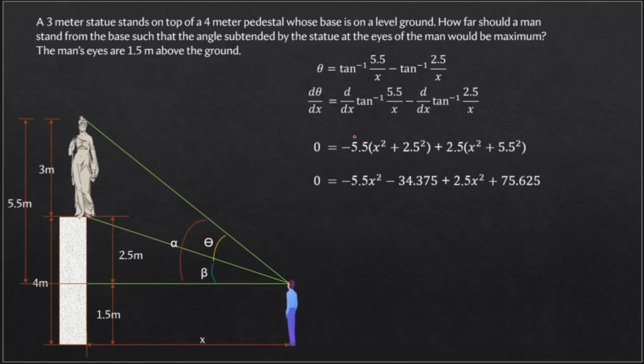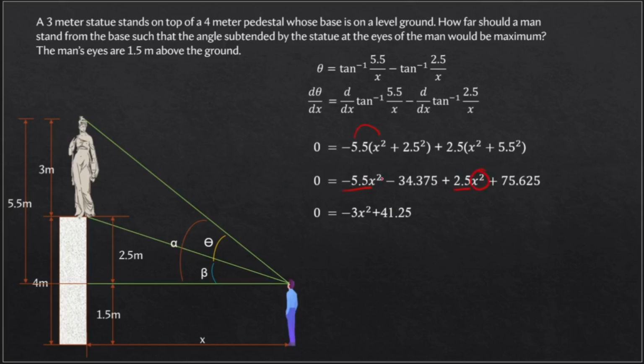Now, negative 5.5 times x squared, we have this term. And then negative 5.5 multiplied by 2.5 squared, it would give us negative 34.375. And then 2.5 times x squared, it would be this term, while 2.5 multiplied by 5.5 squared, this would give us 75.625. And so we have here 0 equals, joining the like terms, negative 5.5 plus 2.5, they have a